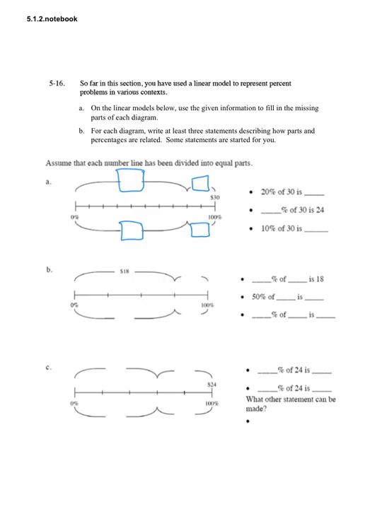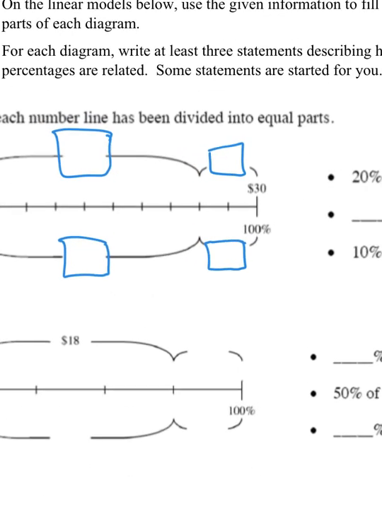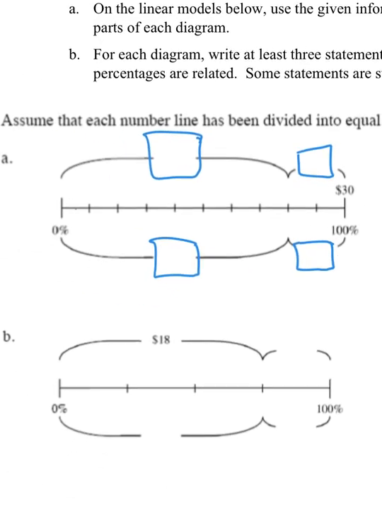So the first thing is you're taking 100% and you're dividing it into a total of 10 pieces. You can count and see that you actually have 1, 2, 3, 4, 5, 6, 7, 8, 9, 10. So if I take 100 and divide it by 10, I'm going to get 10, which means every one of these is 10%. And then to do that, I'm going to do the same thing with my 30. I'm dividing 100 by 10 to get 10%, so I take 30 and divide it by 10, and I'm going to get $3,